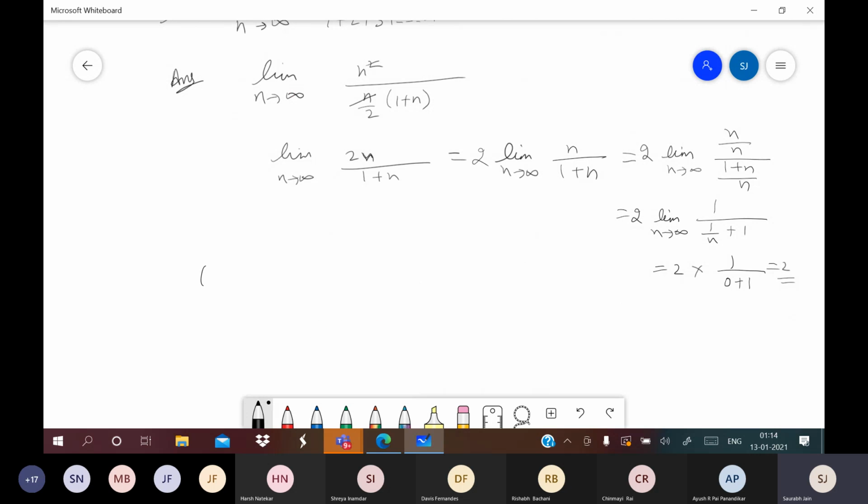All right, suppose this is the question: limit x tends to infinity of 5x minus 6 by under root 4x square plus 9. It will be very good if someone solves this question. 5x minus 6 by under root 4x square plus 9. You should be ready with your explanation as well if you are giving the answer.